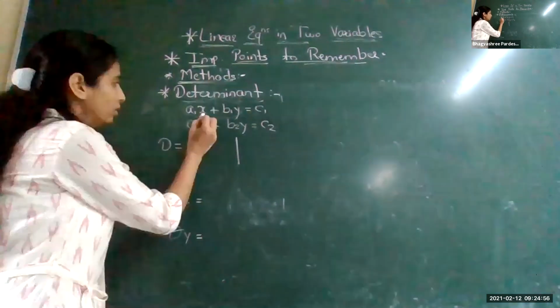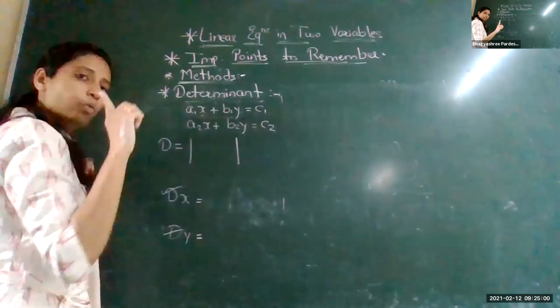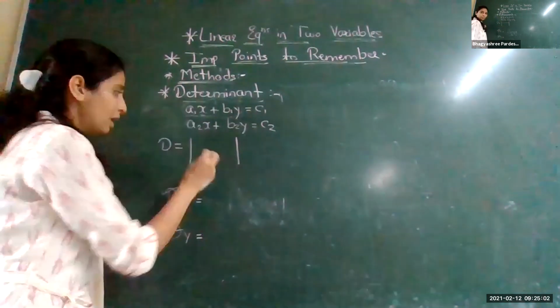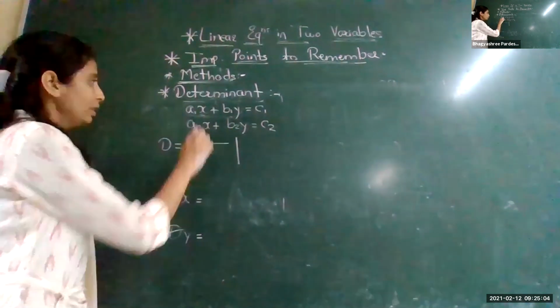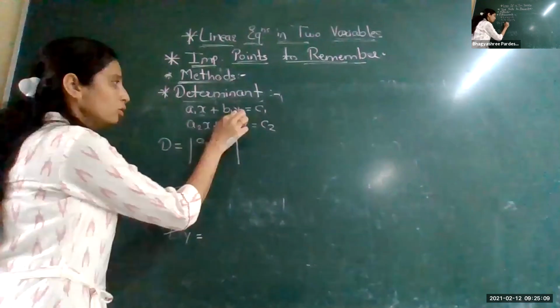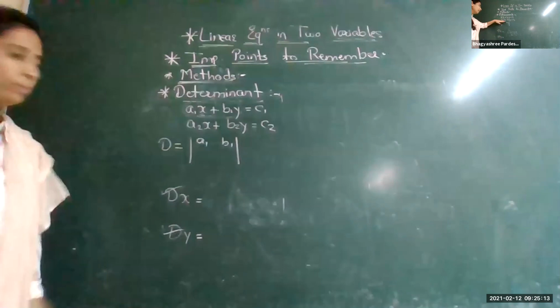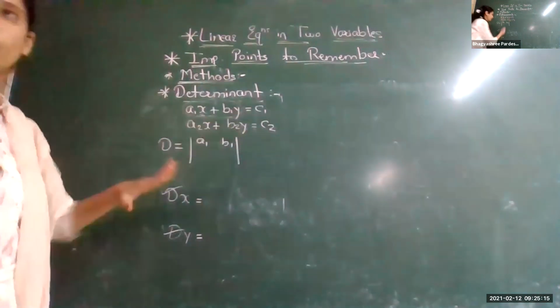Whatever the coefficients of x and y are, from the first equation write that in the first row. In the first equation, the coefficient of x is a1 and the coefficient of y is b1. So write that a1, b1 in the first row. In the second, the coefficients of x and y